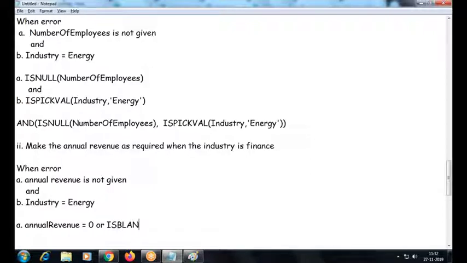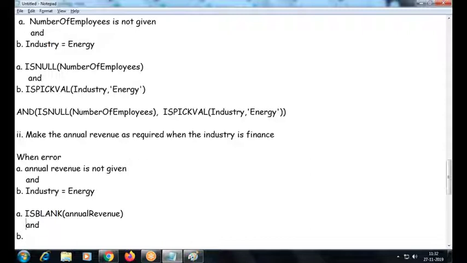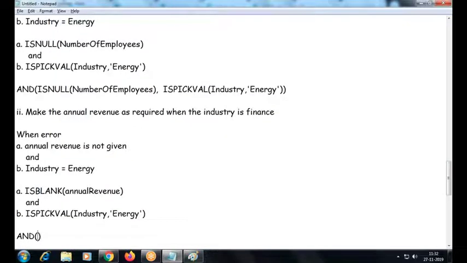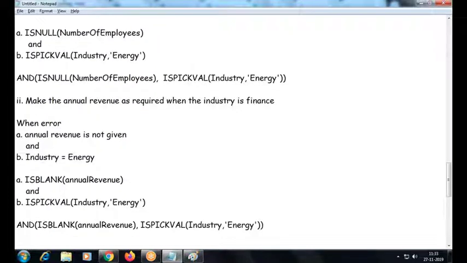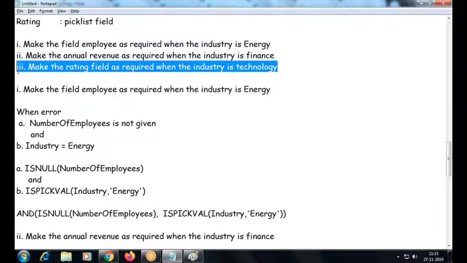Okay, is blank. I'll go with is blank. And yeah, is equal the same, and correct. Third one,